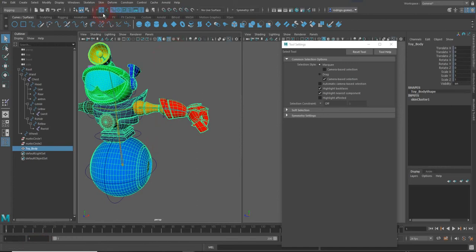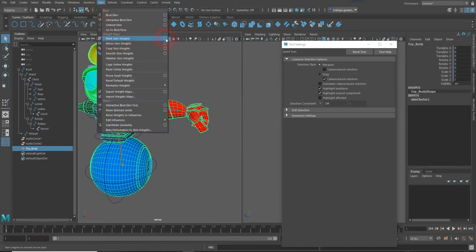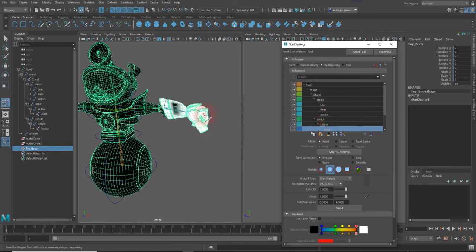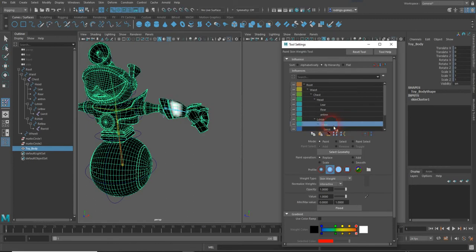So if you look at my weight painting here, I connected most of it to the wrist. So you go and then you simply select the elbow and then paint on it. You simply just add a little bit of it on the elbow joint,